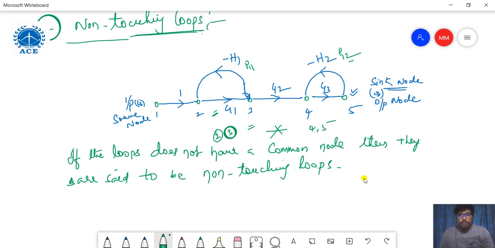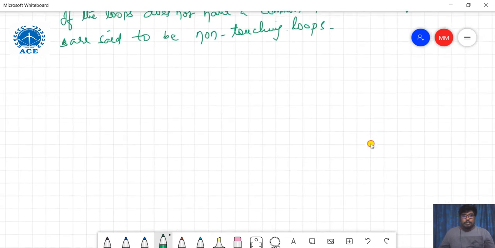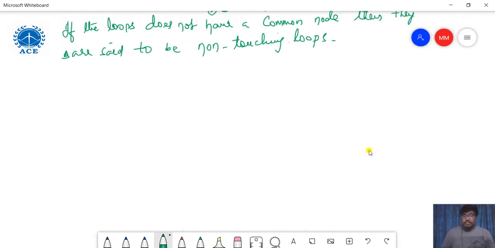So these are the terms we are using in the SFG, signal flow graph. I think I completed all the terms, so no one is left. So next we are going to a very important topic called Mason's gain formula. I will conclude here only. After this class, we will go to the problems so that you can understand better. This is very important.